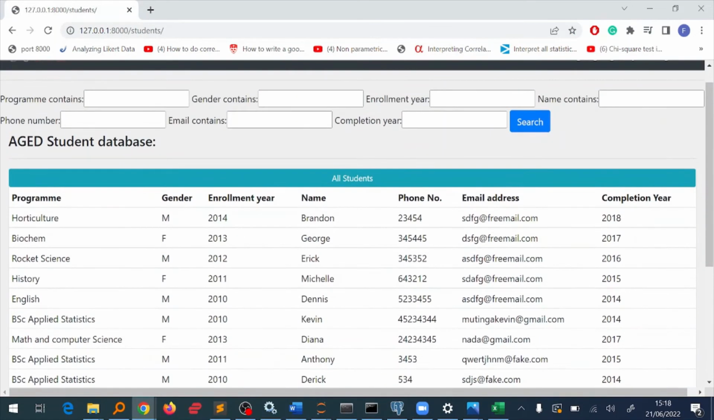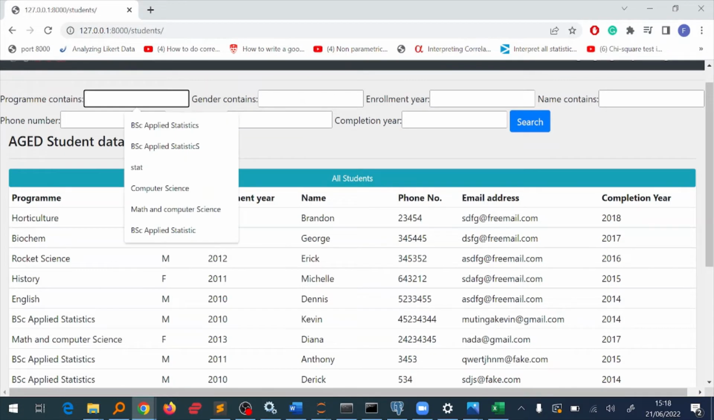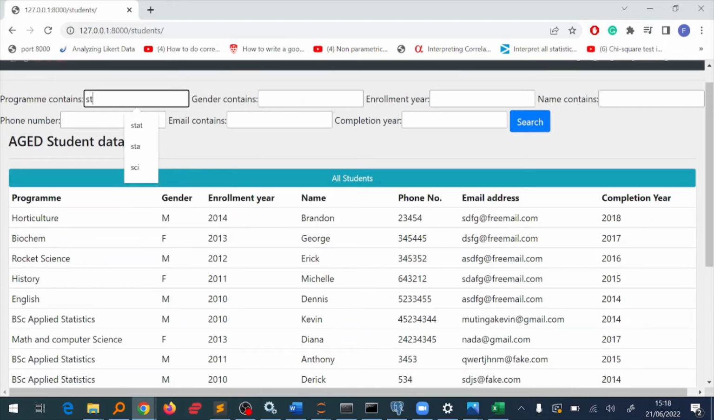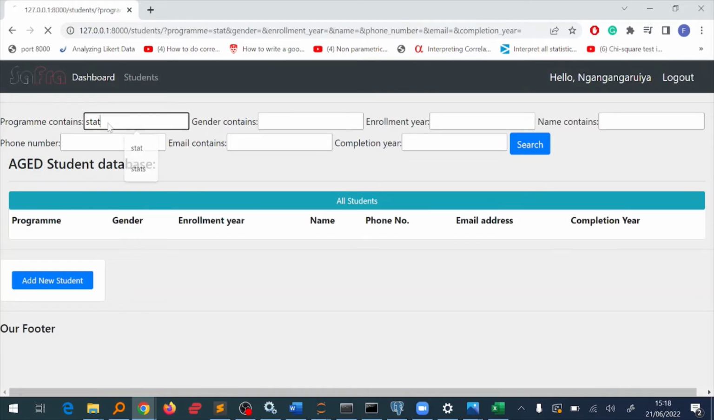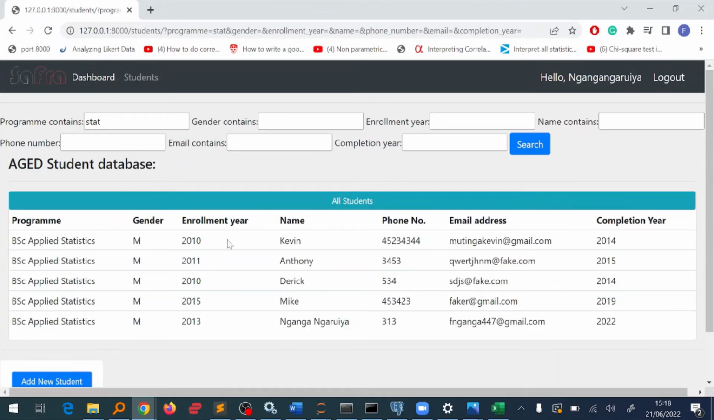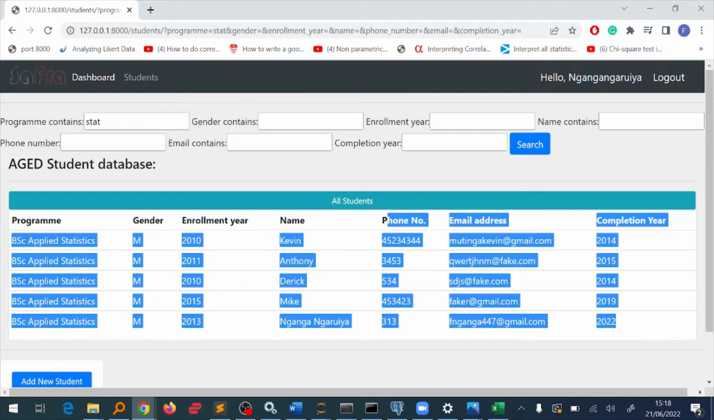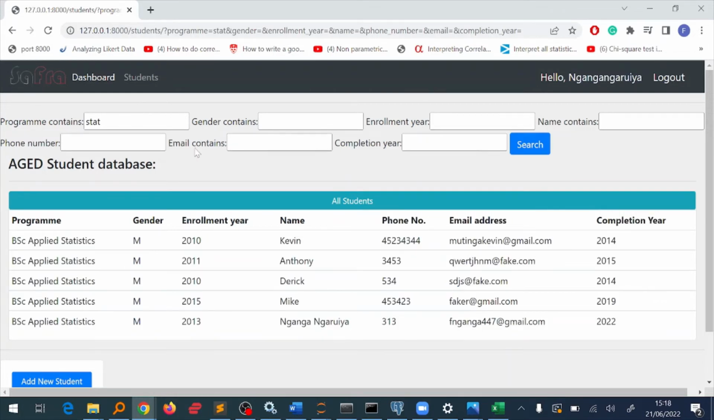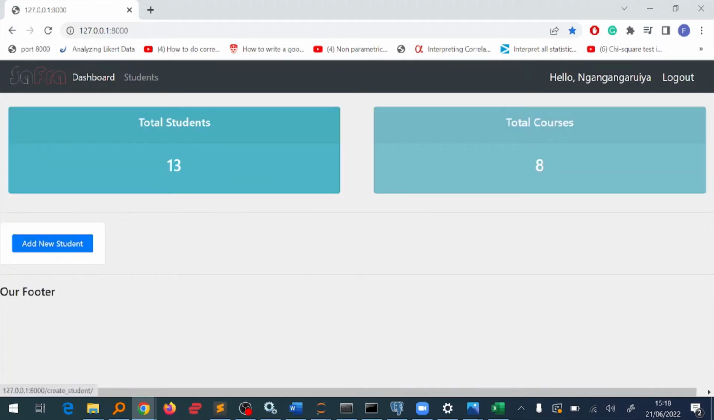A very good way, and also you can search a certain program like statistics, and you can see all the students of statistics and their phone numbers and their emails, and you can search gender. It's a multi-search kind of functionality, and so many things that you can do with this. You can also see the students here, the courses. You can add a new student,